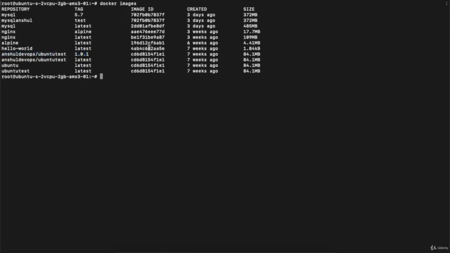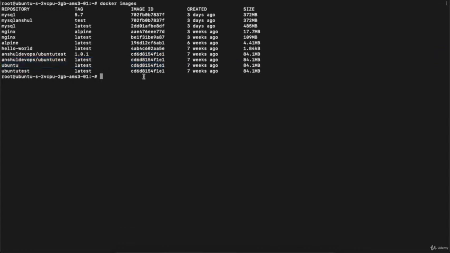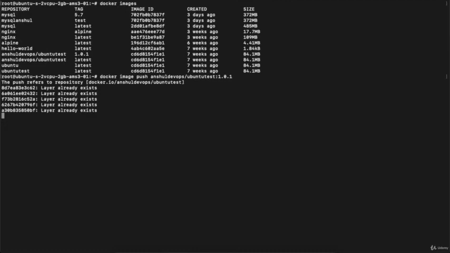But you can see the ID of all these images is the same because they are just copies of each other, right? I will again push my image, docker image push, specify my image, put a colon, specify my version 1.0.1, hit enter, and it's done. Now here we need to notice a major update.